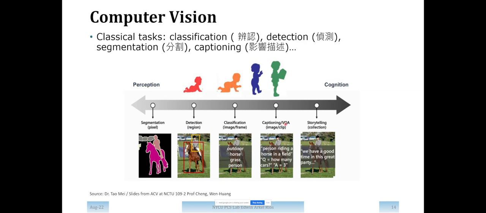Or visual question answering. If we ask a question like how many cars are there in the picture, we can say there are 1, 2, 3 cars. Or what color is the horse, and we can say the horse is brown. And then finally there's an even higher level task, like making a story based on the picture,